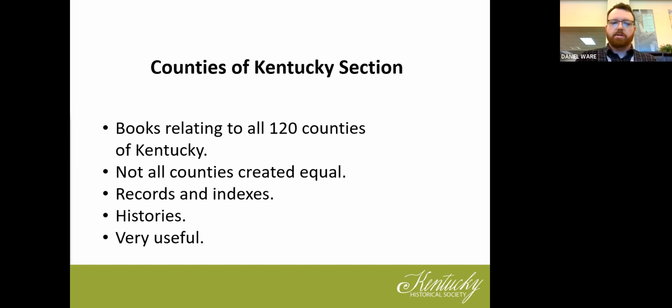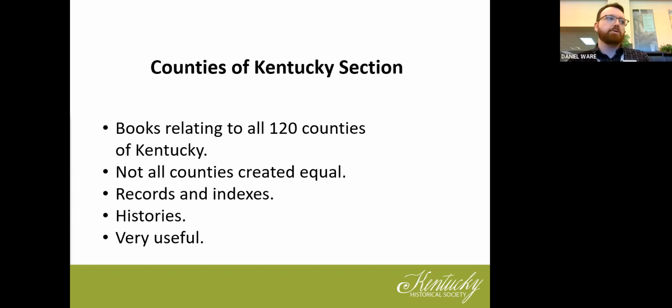We have books relating to all 120 counties of Kentucky. However, I will forewarn that unfortunately not all counties, when it comes to the materials we have, are created equally, because some counties may have half of a shelf, versus, I think, Jefferson County, where we have pretty much three whole sections of shelves. So it just depends on what we've gotten over the years, but they are very useful